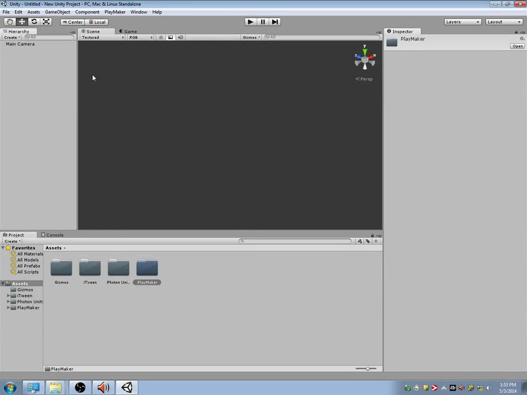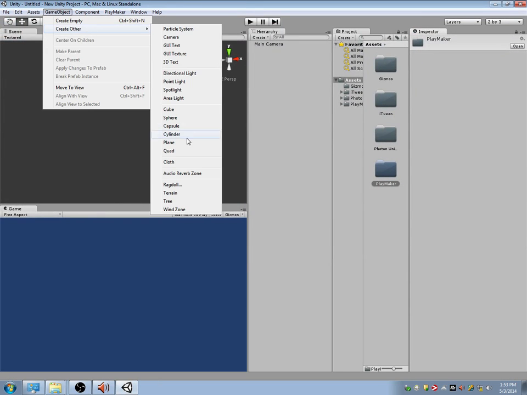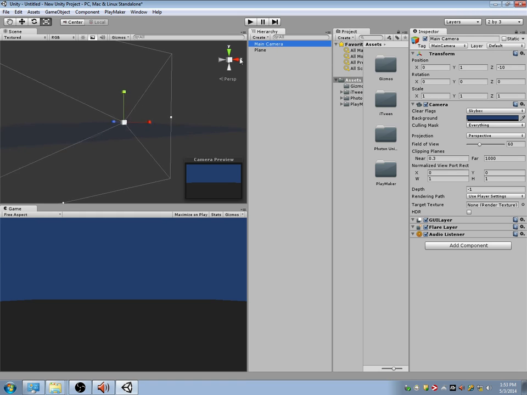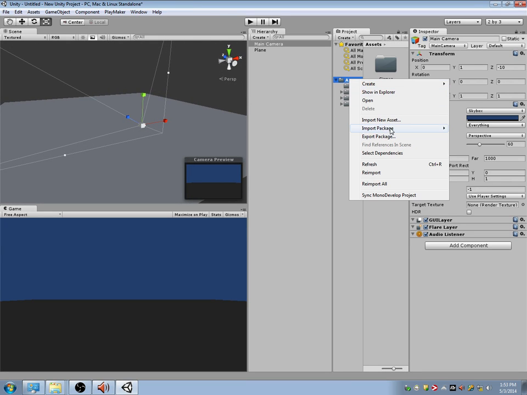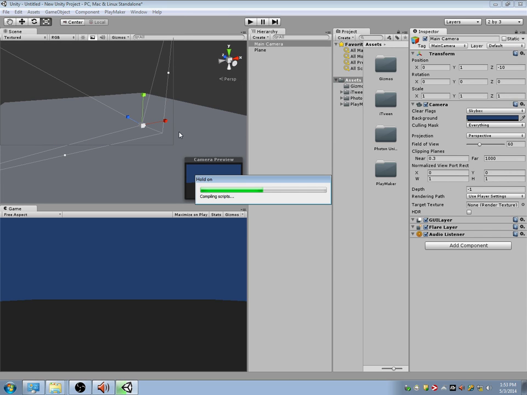All right, so I have a basic scene. I'm going to just make a plane here. There's my camera. I'm also going to drop in a character controller. I'm going to apply the camera shake to a first-person controller, because all we're going to be doing really is